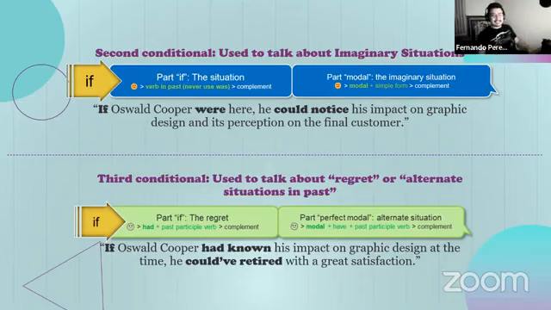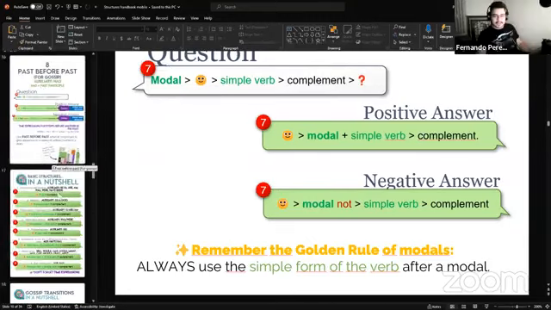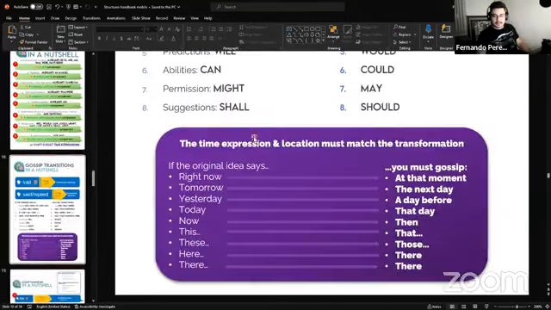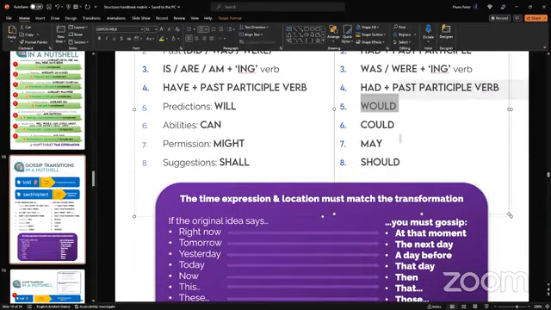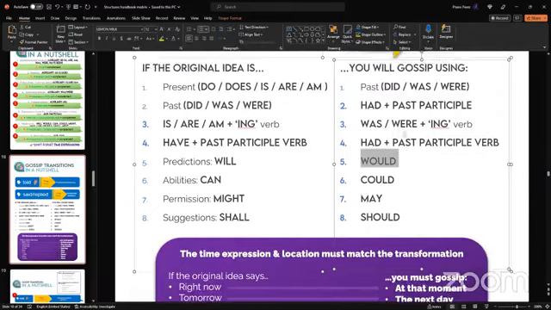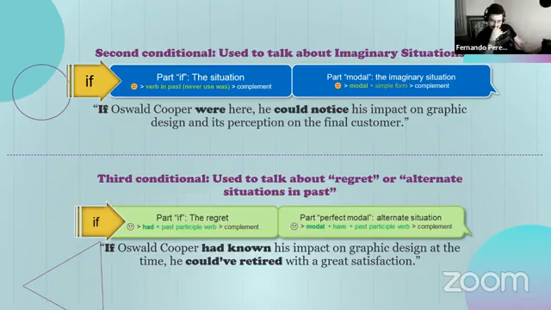This is precisely what we see in the gossip levels. When we are gossiping, we need to transform will to would, when you speak in past. Okay, if I had known that that person wouldn't pay me,